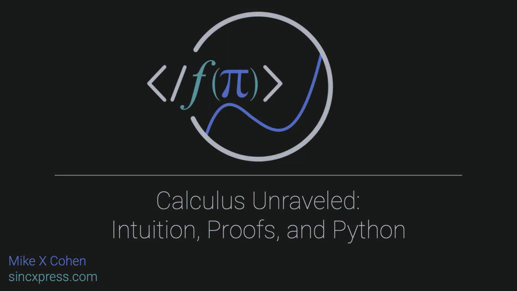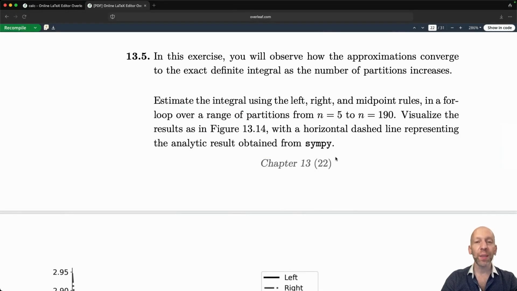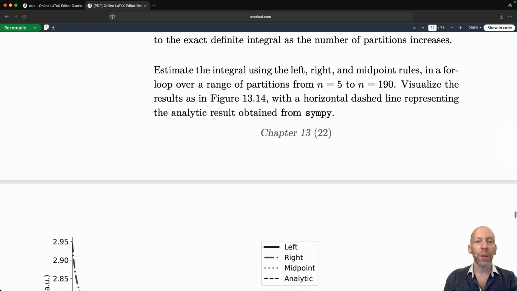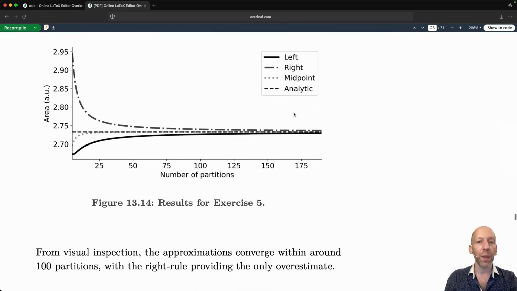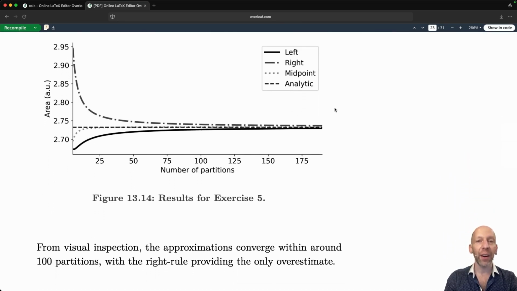Here in exercise 5, we will systematically vary the number of partitions for the approximation from 5 partitions to 190 partitions, using the same mathematical function and the same bounds of integration that we used in the previous few exercises. So essentially what you want to do is copy the code that estimates the area under the curve for these 3 different rules, the left rule, the right rule, and the midpoint rule,